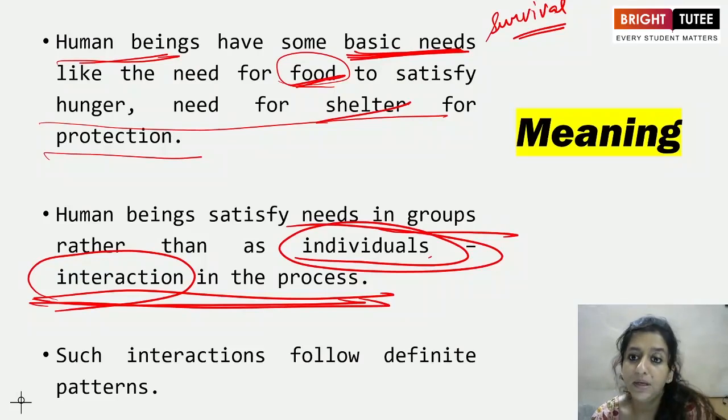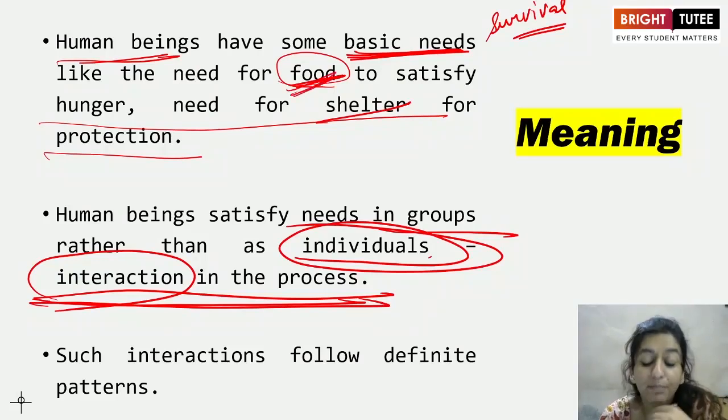For example, take the example of food. We are not in the position of going and sowing the seeds, taking care of the crops, reaping the crops, taking care of them again, processing them, the whole process involved in the food reaching you,